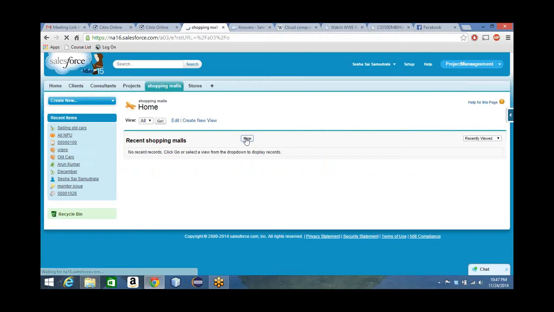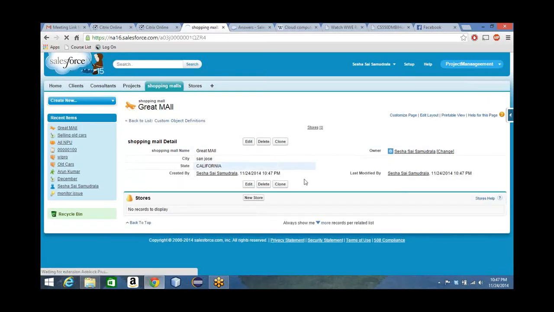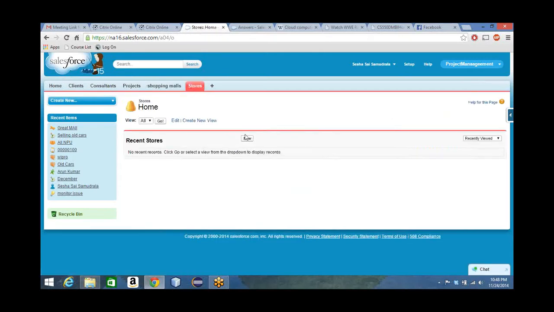Click on the tab. Okay. Now try to add a store. You see you have an option of adding stores under this new store. The relationship is done. You can go to the stores tab or you can add stores from here.